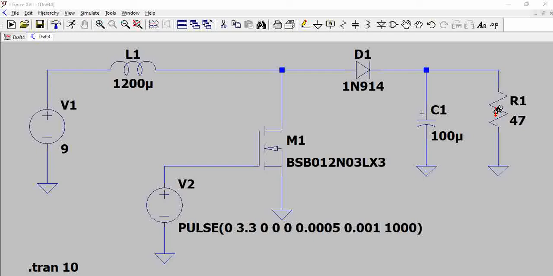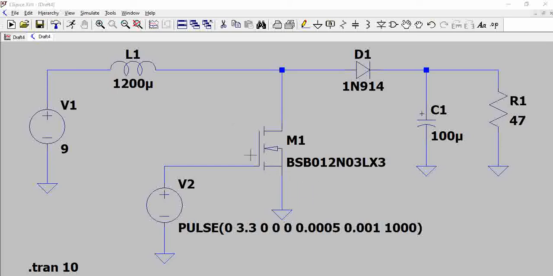Basically, what happens is when you have this MOSFET off, the output voltage is the sum of the input voltage plus the voltage across the inductor. So that's how you get the boosted voltage at the output. Simple way to understand this circuit. So, considering this scenario, the design criteria for this boost converter involves selecting the inductor,